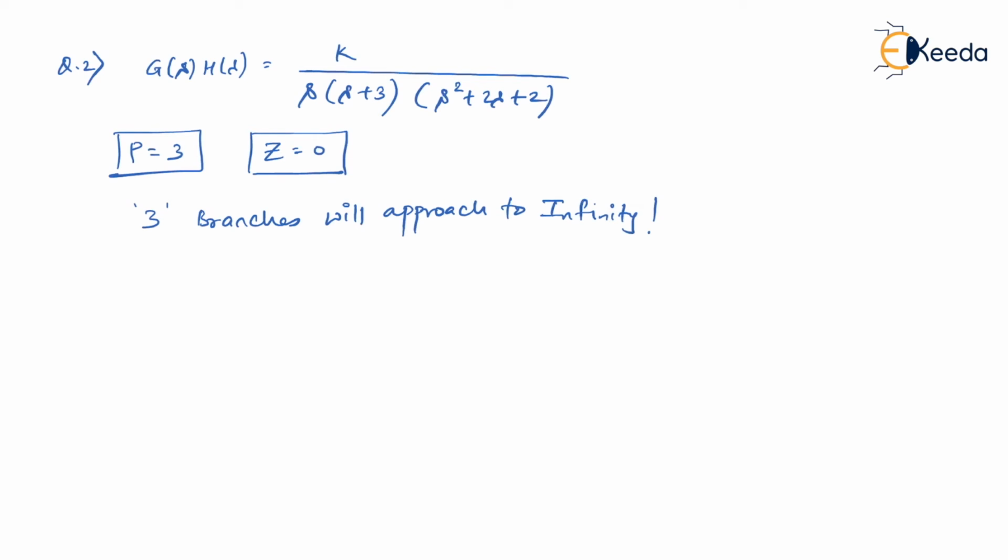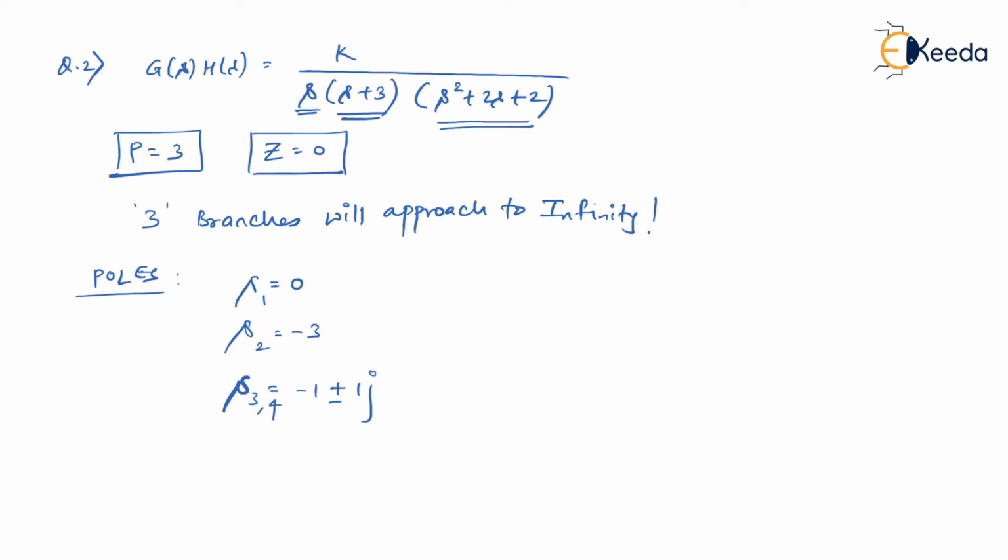Along with that, what extra things you need? Let us see after we get all the values of poles first. So let us try to get the values of poles here. When you equate this denominator to 0, try to get the values of poles first. So from S you will get pole at origin. From S plus 3, when you equate it to 0, you get the second pole, that is at minus 3. And S square plus 2S plus 2, when you equate it to 0, you get a complex conjugate pole, that is minus 1 plus minus 1j.